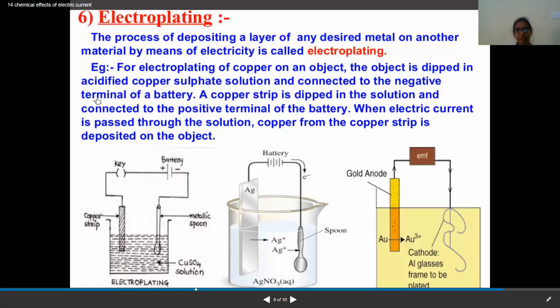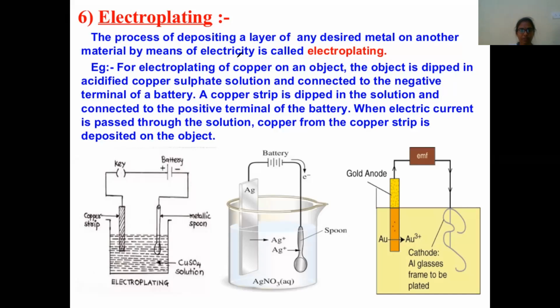Yeah, an advantage of electrolysis is electroplating. So what is electroplating? By seeing the figures so far you can guess, I think. Suppose you have ornaments, like 1 gram gold jewelry. This 1 gram gold jewelry is very low cost compared to normal gold. Why is this? Because it is not gold inside, there is some other metal, but outside they coat one thin layer of gold. That means it is dipped in the gold solution and taken out. This is what happens in the case of 1 gram gold.